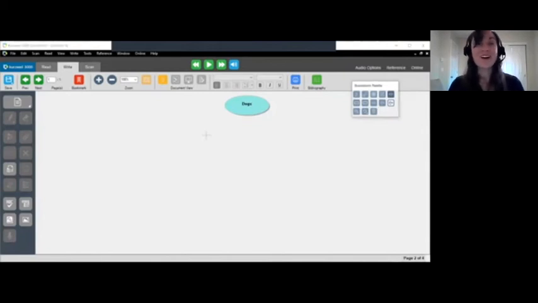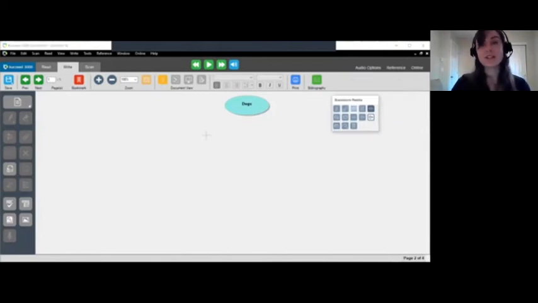Your best friend while you are using the Brainstorm feature is this Brainstorm palette, which is this little window over here on the right. This is what will allow you to add and customize anything that you add to your Brainstorm. So right now I have this crosshairs icon. To add another oval, I can select this icon here. There's also other shapes you can input as well, and you can also change the colors if you're interested in doing that. So I selected the oval icon, so now there's a new oval that appeared.